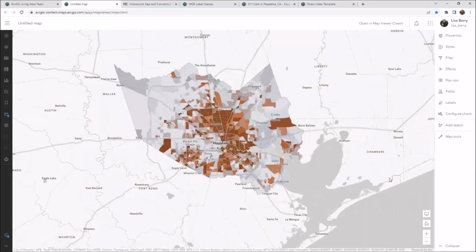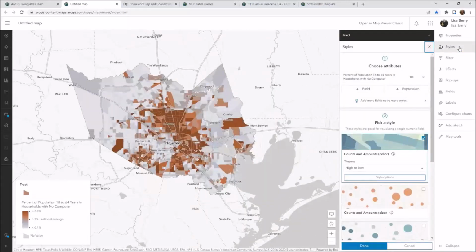So once I click OK, now I'm just seeing the tracts within my area, and I want to start with the actual mapping of the different attributes in here. So to do that, I'm going to go ahead and enter into the styles pane, which is also known as smart mapping. Now, the reason this is smart is that it's going to look at your fields before it ever maps them and only offer you suggestions based on the data type, such as a categorical field. It will give us things like types, or if we choose a numeric field, it'll give us options like color